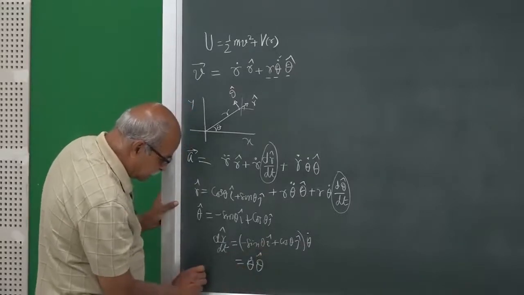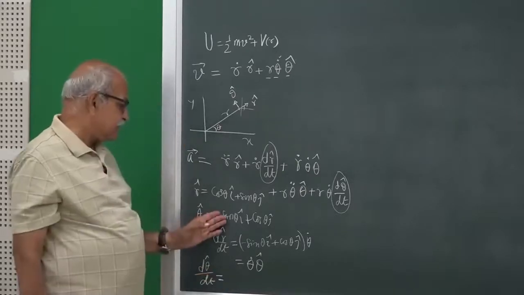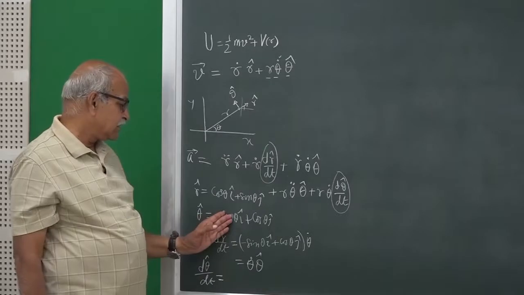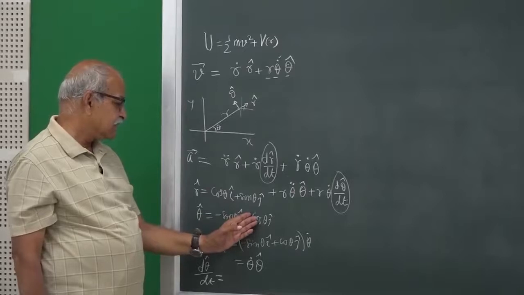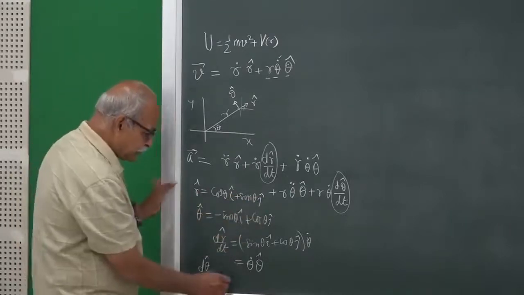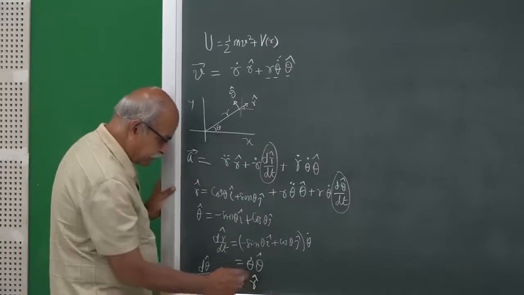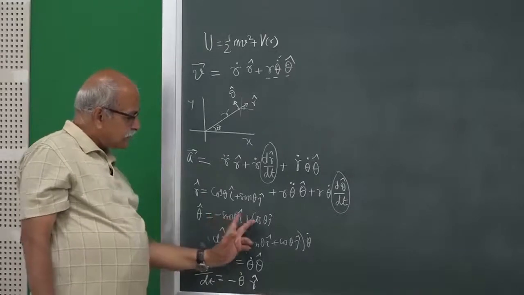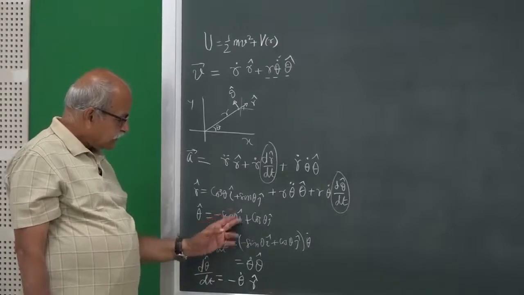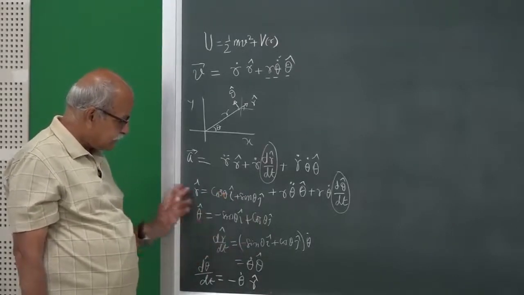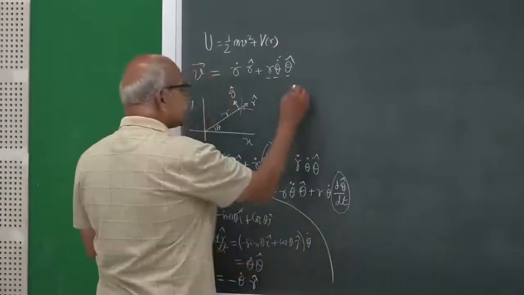Similarly, you can do this d theta cap dt. If you differentiate this, it is minus cos theta theta dot i cap, and then this will be minus sin theta theta dot j cap. So, this will be minus theta dot and then r cap, because you have minus cos theta and minus sin theta, and then that minus is taken common, you have cos theta i cap plus sin theta j cap, which is r cap. So, it is this. So, you can put it here, and your expression for acceleration is now,